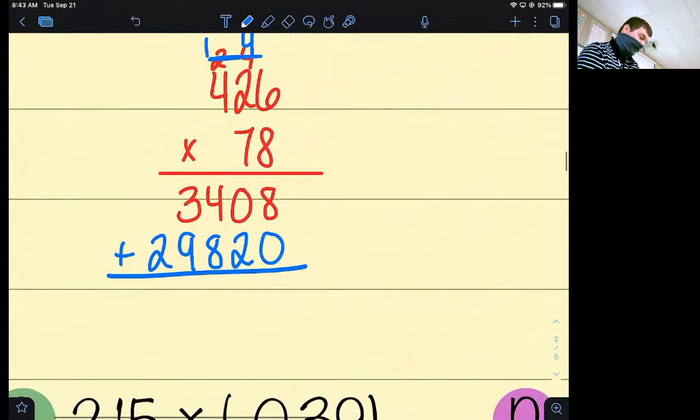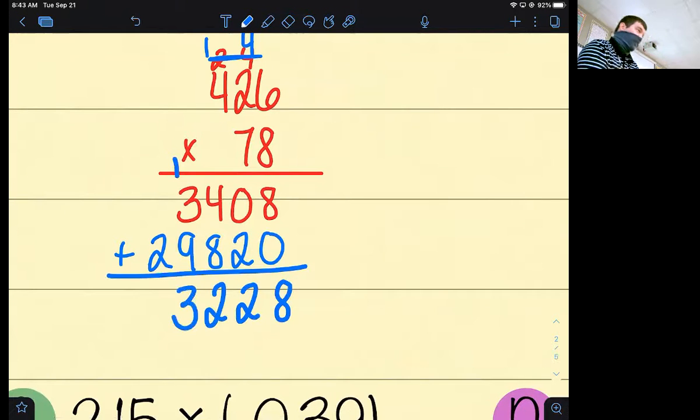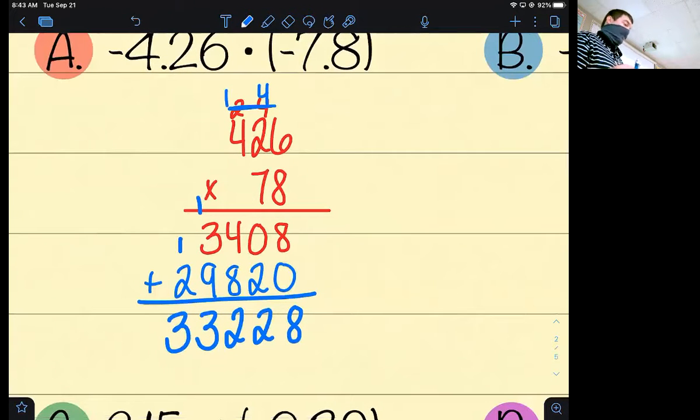What's 8 plus 0? 0 plus 2? 4 plus 8? 1 plus 3 plus 9. Yep, you could, I would just do the 1 and the 9 first. You can make 10, then add 3. And then 1 plus 2. 3. So if I was multiplying 426 times 78, I'd get 33,228. But I wasn't multiplying 426 by 78. I was multiplying